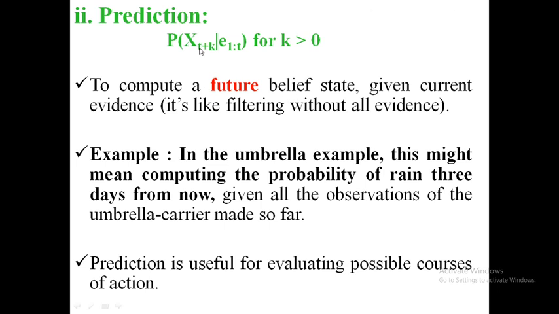But this random variable depends upon n number of variables. What this operation means is that the patient has to be taken care of for future days. So how will the operation be held? What measures do we have to take? If it is so, we have to consider X t plus k. The evidence, the patient's reports, will be considered only up to today, from the first day to today.